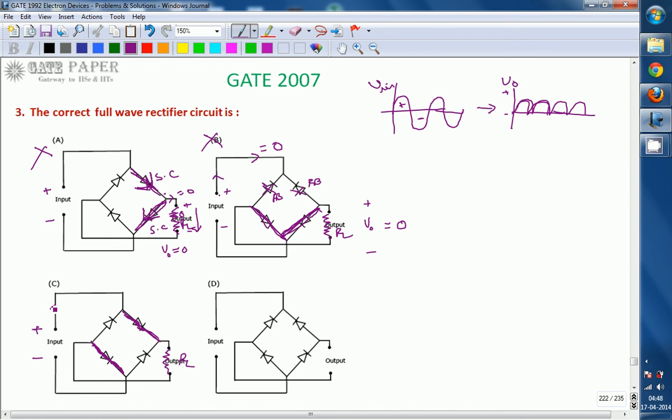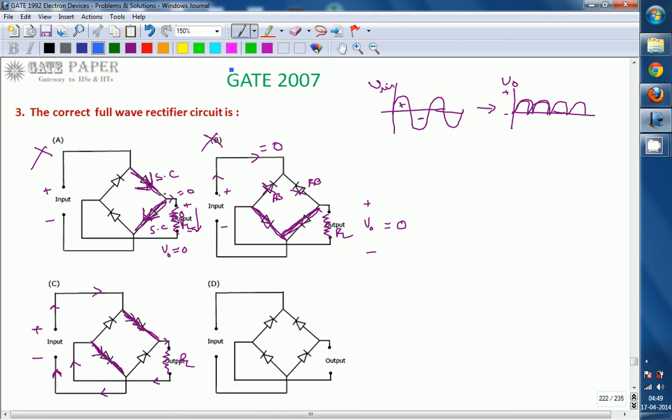current will flow in this direction from positive, it is going in this way, and it cannot go in this direction, so it must go through RL. So the current is now flowing through RL, then through this diode, and it will reach the negative terminal. That implies the current is taking a loop and passing through RL, so you are going to get a positive half cycle for V0 whenever you apply the positive input cycle. Next, we will think the same thing in a reverse manner.